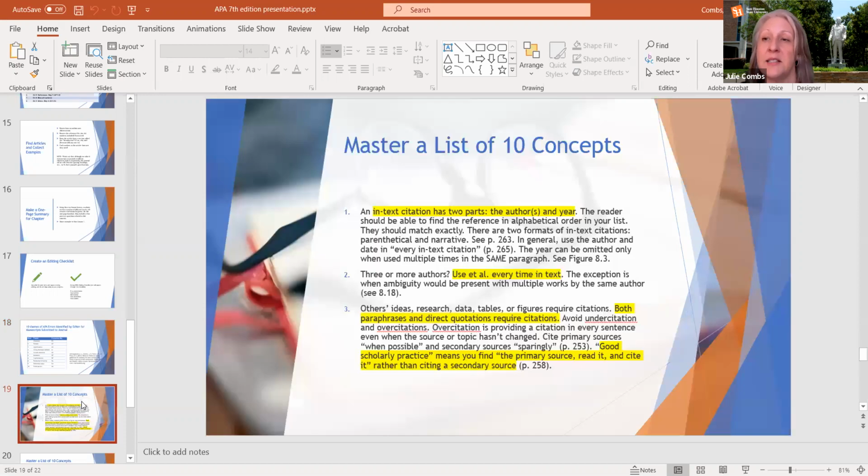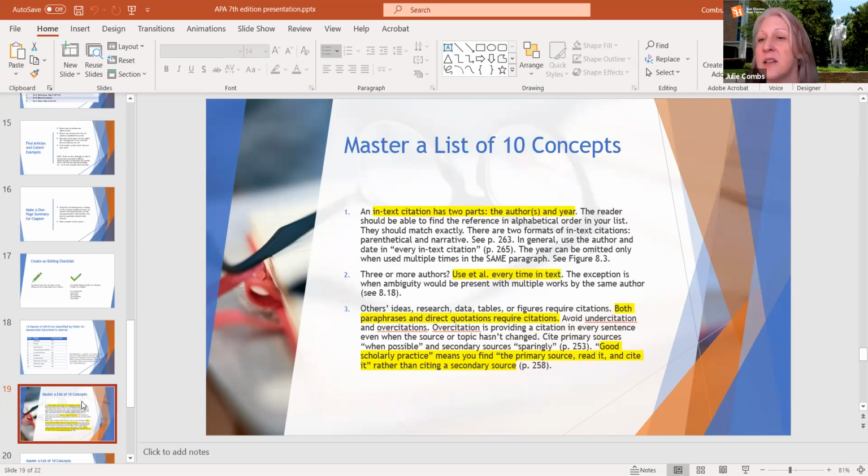So with that concept in mind, and of course I've graded many, many papers over the years, many dissertations, edited those. And so what I've come up with is what I call the top 10, the big 10 list of, if you only have time or you just want to get started and you're not sure where to start, look at these particular guidelines in APA, because more than any, these are going to be some of the ones that are the most used. And so there's 10 of these. So I'd like to talk to you about each one of these.